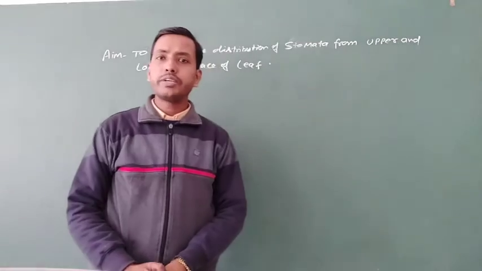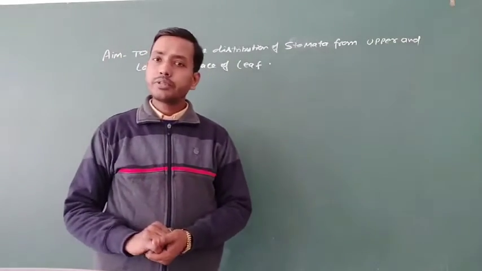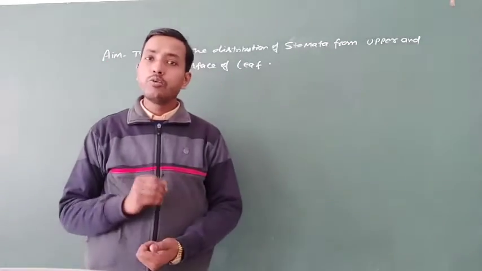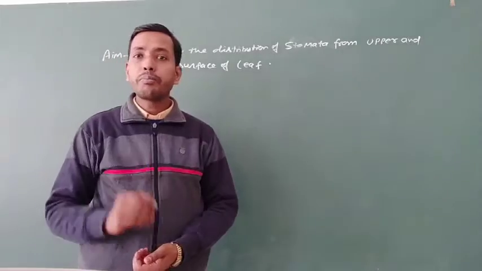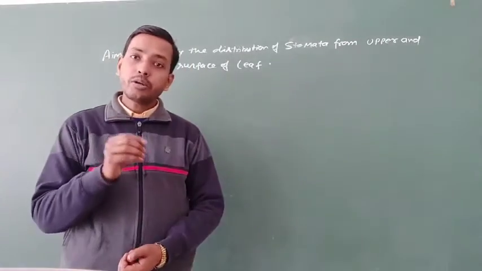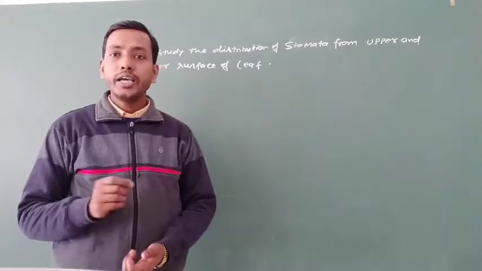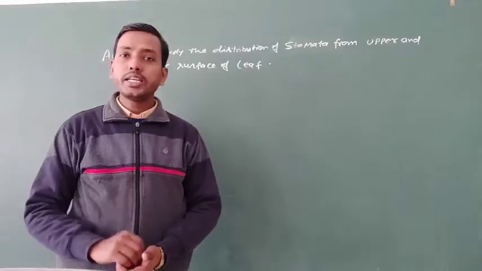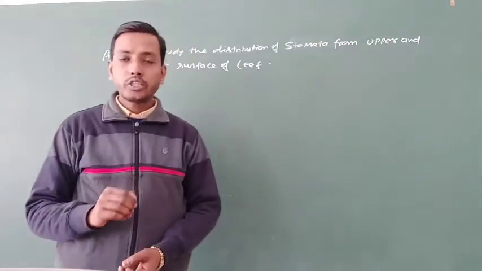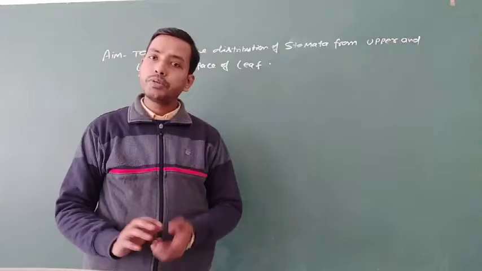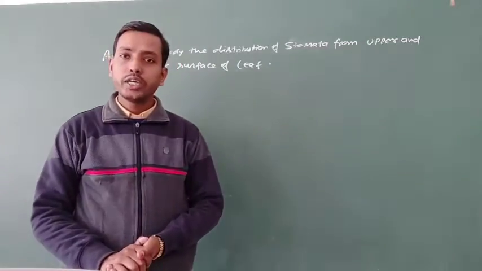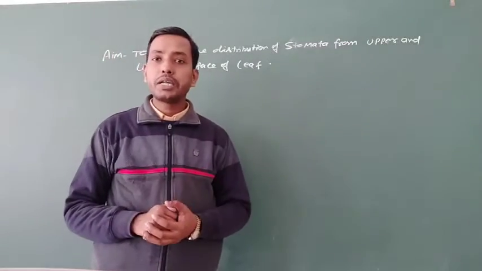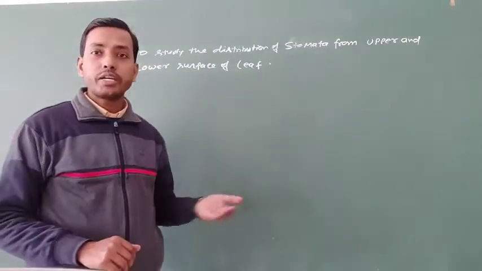As you all know, stomata are very fine pores that are present on both the upper and lower surface of the leaf. But the number of stomata on the lower surface of the leaf is much higher compared to the upper surface. In the case of dicots, the number of stomata on the lower surface is always higher than on the upper surface, while in the case of monocots, the distribution of stomata on the upper and lower surface of the leaf is almost similar. So in this video lecture, we will discuss how we can perform an experiment to show the stomata from a leaf.